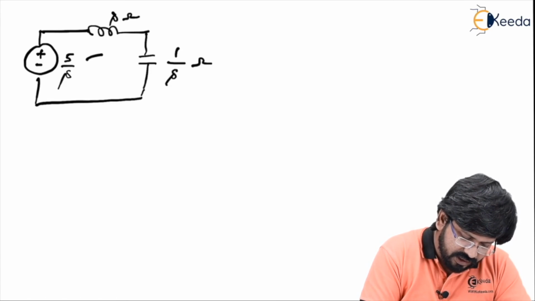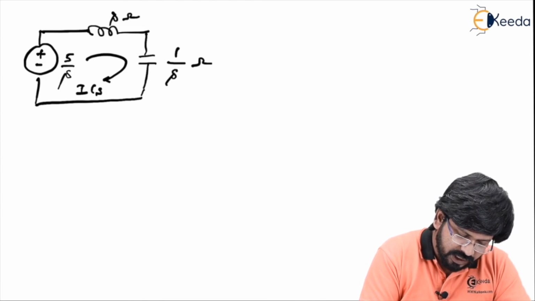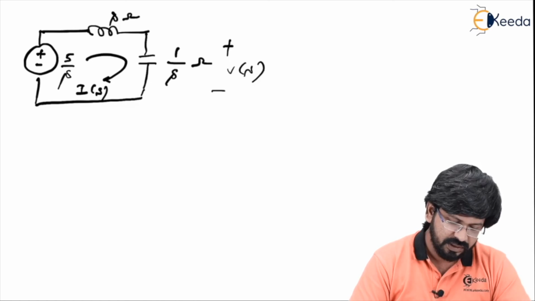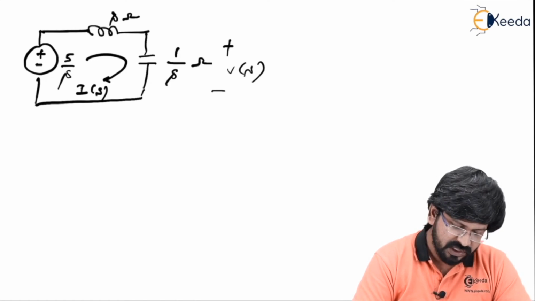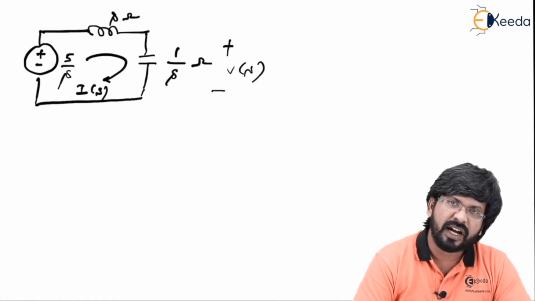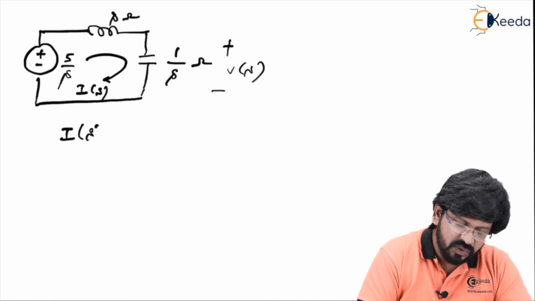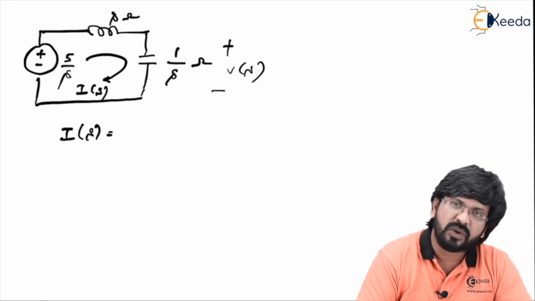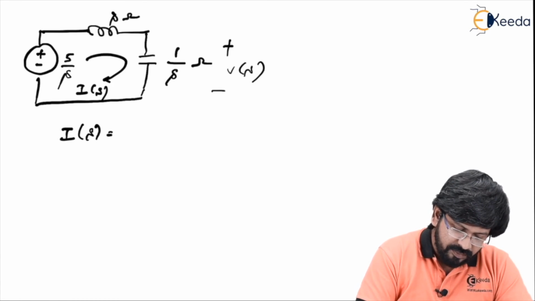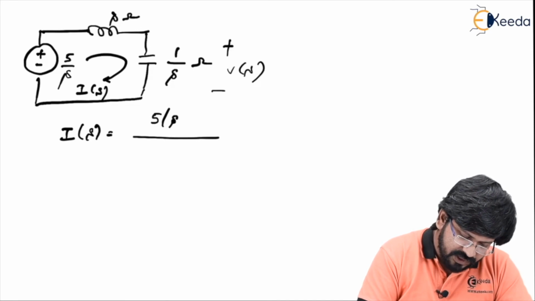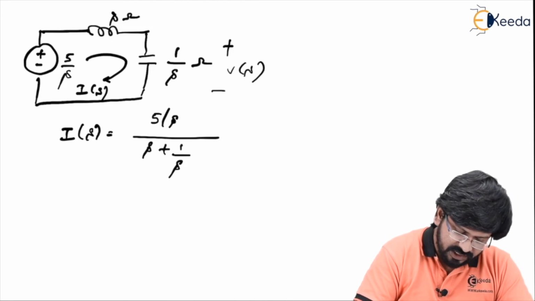In fact, this current is I of S. And if you see in the circuit, this is actually V of t given. So Laplace of the same becomes V of S. We'll calculate V of S later. First of all, let's concentrate on how to get I of S. I of S can be solved by simply using Ohm's law because it is V by total Z. What is V? It is 5 by S divided by impedance, which can be taken as S plus 1 upon S as they are connected in series.